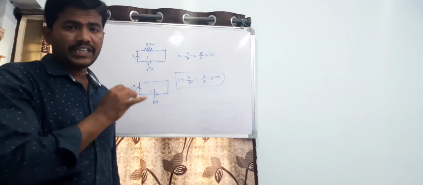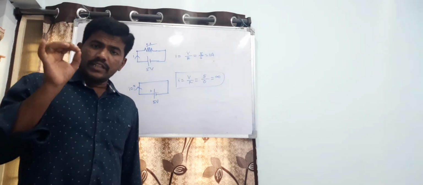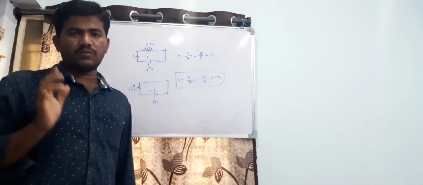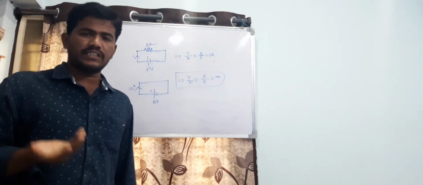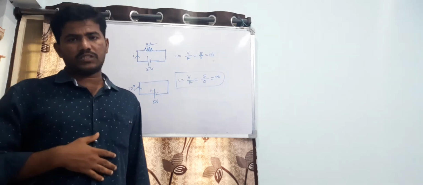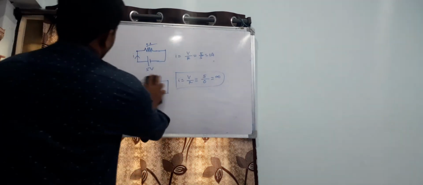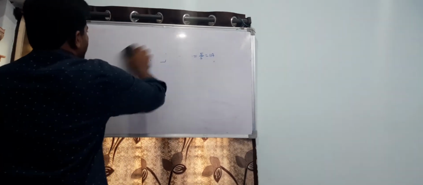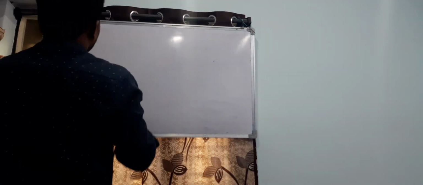So the point to understand from these two examples is that in any circuit, if current is flowing, it should have some resistance, and only then will some current flow. Otherwise, if infinite current is flowing, we cannot measure it, so we do not assume that situation happens. Similarly, the examples we discuss now will be based on diode resistance. So the topic name is diode resistances.